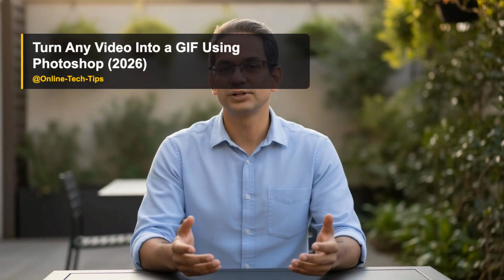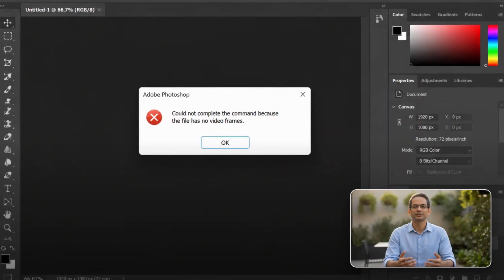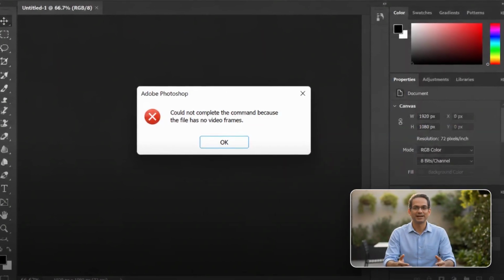You've got the perfect video clip, and you just want it as a GIF. No sketchy online converter, no watermark, no upload limit. If you've already got Photoshop on your computer, you have everything you need to make a clean, smooth, perfectly looping GIF from scratch. First, if Photoshop throws an error saying it could not complete the command because the file has